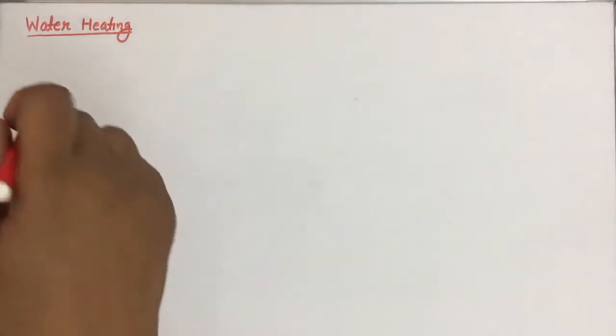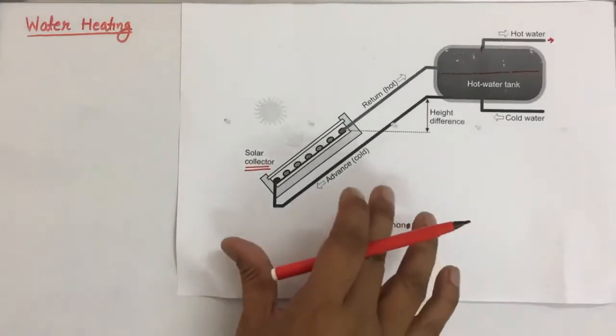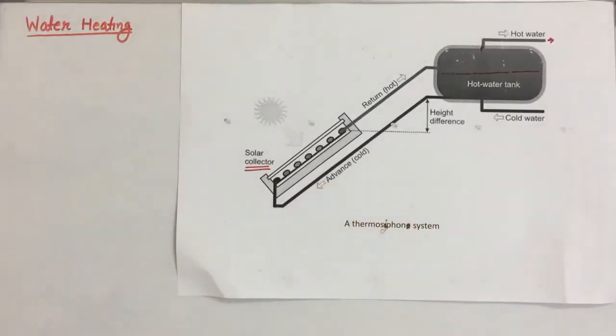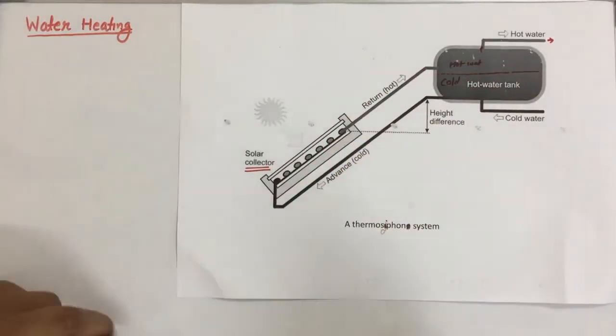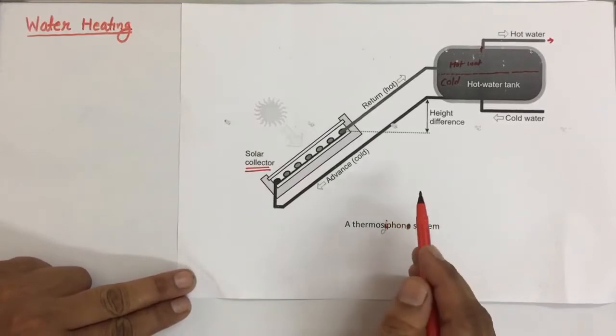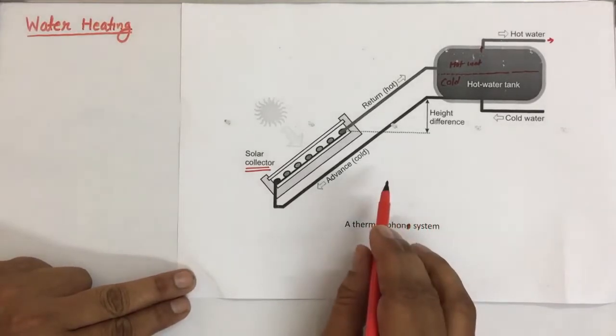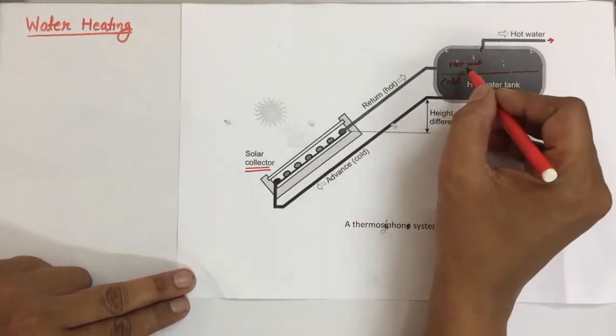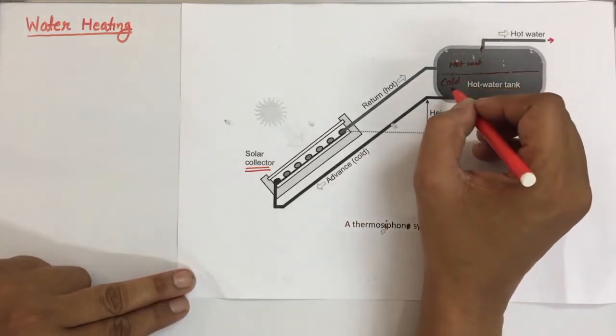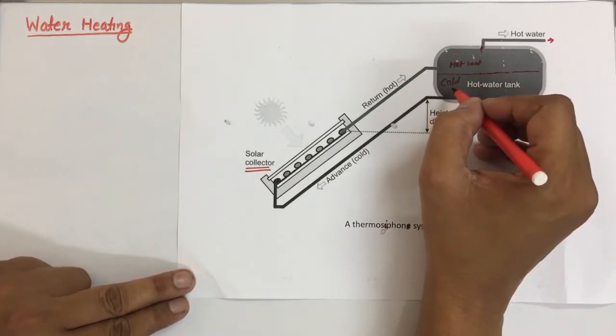and different solar heating systems. So we will start our study from the water heating. So the first basic structure that we can have in solar heating system is given here, and this is known as thermosiphon system, and this system uses the natural tendency of hot water to rise above the cold water.